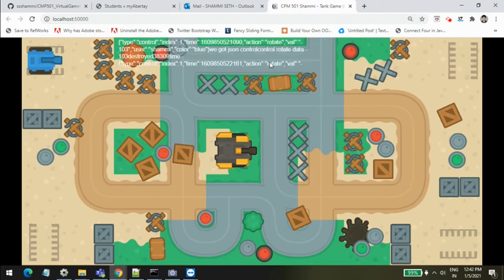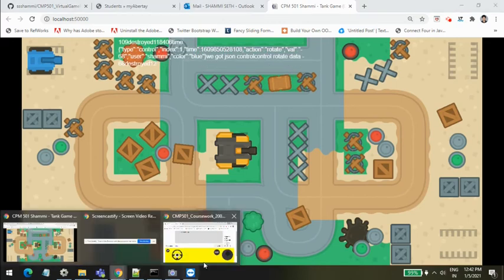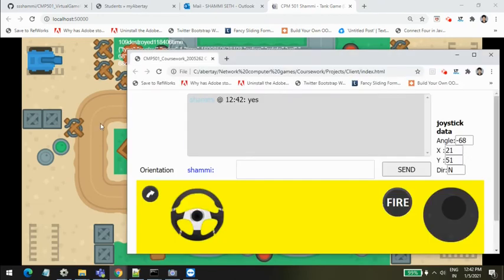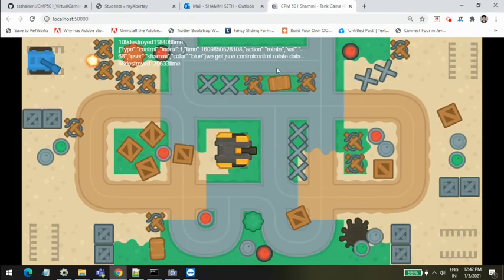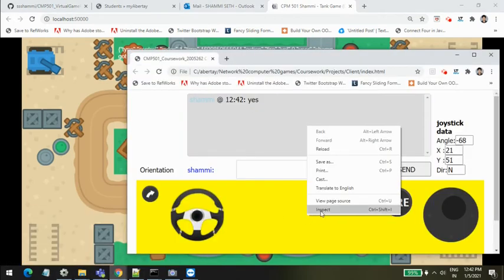So you see a bunch of messages coming through, and the last command. You can use your page up and page down keys on the keyboard to navigate through that. Let's just say we added a fire, and so the last command is fire. And we can also navigate using the